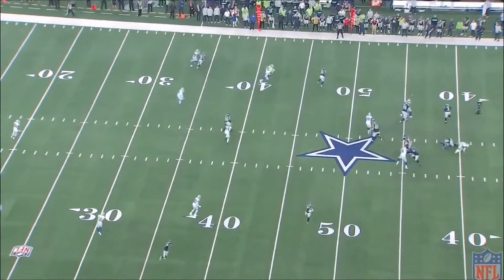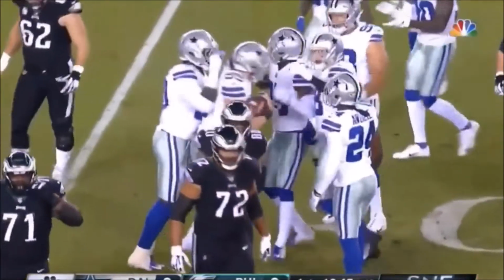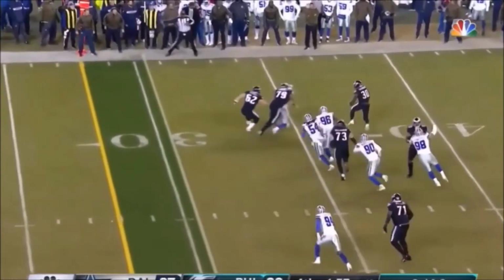And this is just another great example of Chidobe Awuzie playing great technique, defending against deep balls, defending against intermediate routes in cover 4. But also Leighton Vander Esch just showing off his pure natural instincts, making this defense work well and not letting